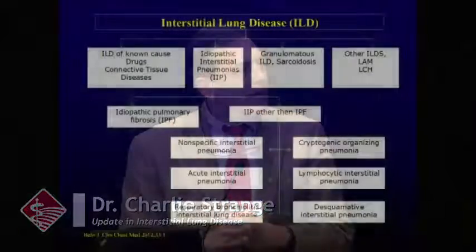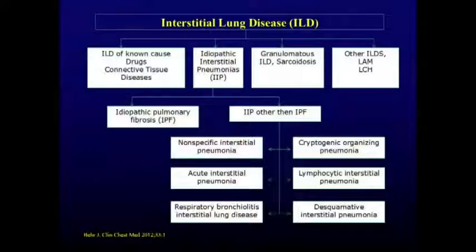And then we have this whole group of alphabet soup, and let's just run through them so you've heard of them before. They are nonspecific interstitial pneumonia, or NSIP. NSIP is the histology associated with all of our connective tissue diseases, and when we do a biopsy and the pathologist pulls out this finding of NSIP, we often go back and look again for the connective tissue diseases with a lot more